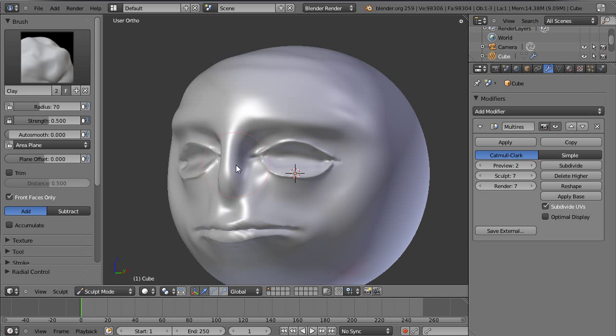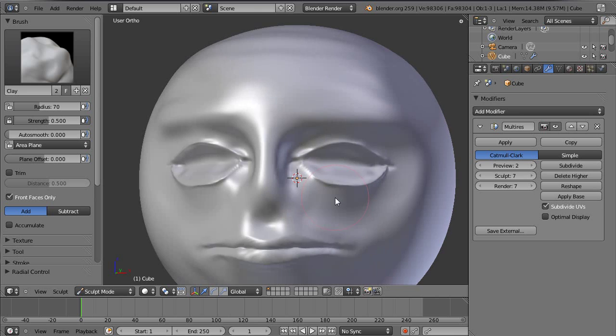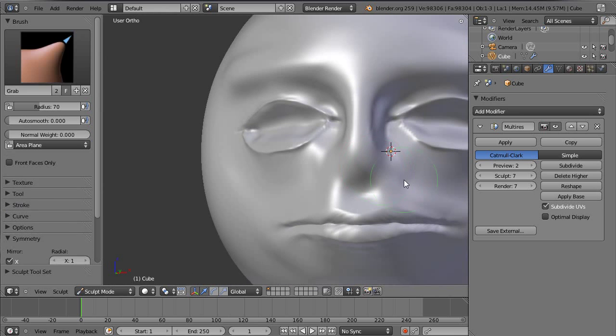It's generally better to use clay rather than draw, because you get a bit more control with it, and it adds clay onto the top of the surface better than draw does. Draw just stretches everything and makes it a bit weird, but draw does also have its uses, so bear that in mind.